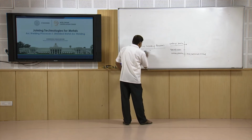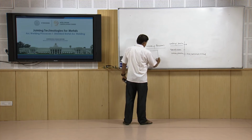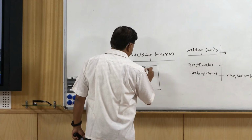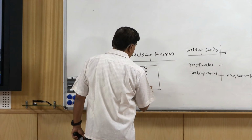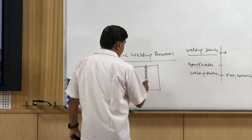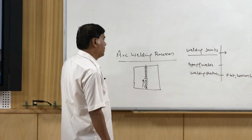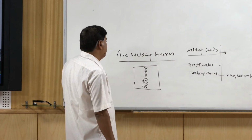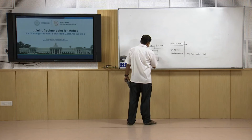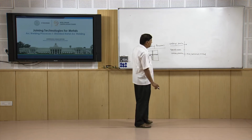So, in this case, say this is the vertical plane, and the weld metal deposition is also vertical. It can be moving down, or deposition can be in an uphill manner, like moving up. So, both types of movements are used for depositing the weld metal. It's difficult to deposit the weld metal in both vertical as well as horizontal position, and a further difficult position is